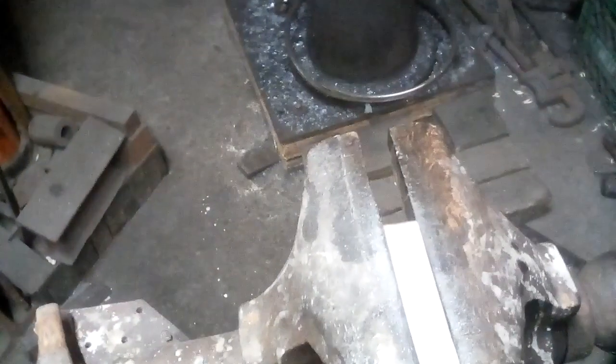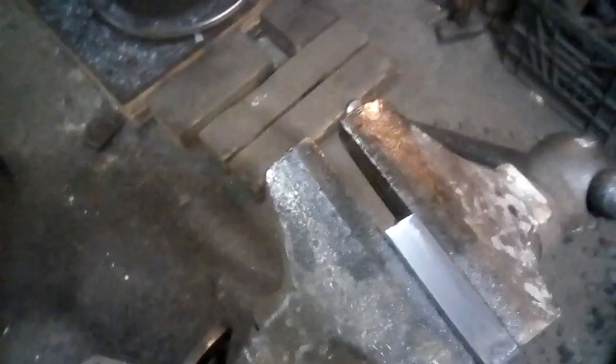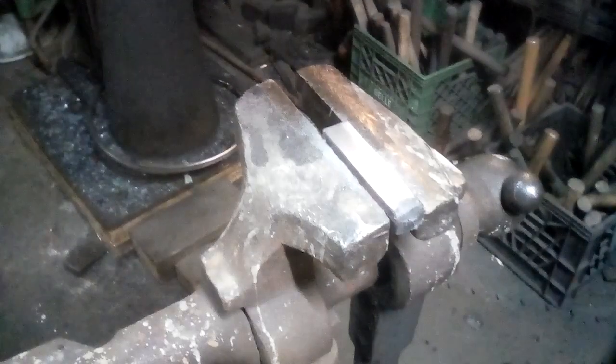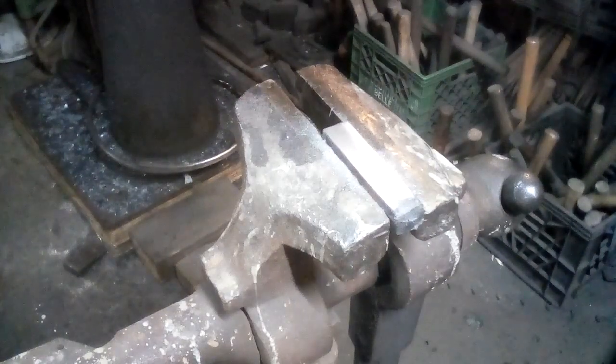I'm going to try and move the camera so that you don't get so much glare, so you can get a look. Well, it's very shiny right now, but there. That's a smooth, draw-filed whitesmith finish. Okay, so now you've got the steel cleaned off and finished. All right, now that you've got the steel cleaned off and whitesmithed, you need